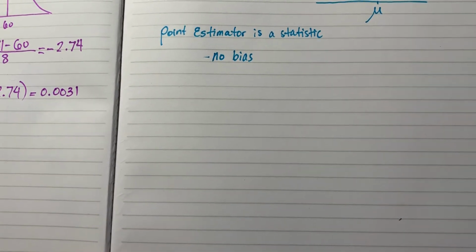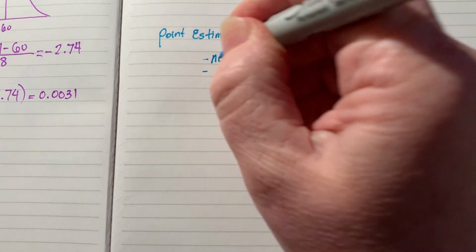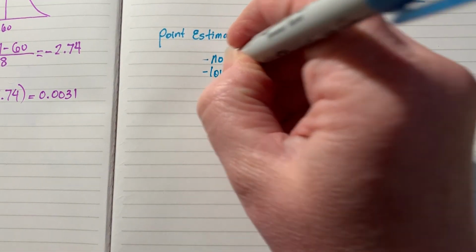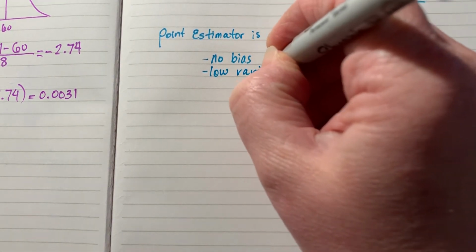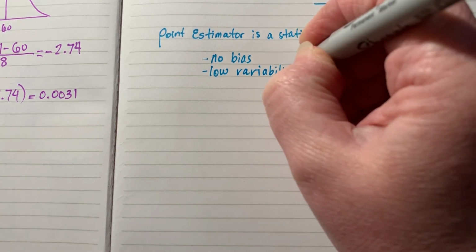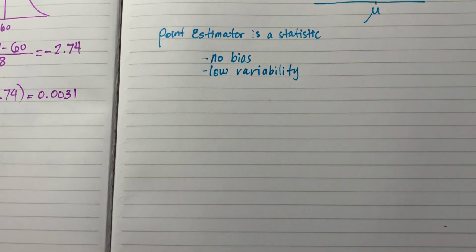Another thing that is important for us is that it's going to have low variability. And those are two very important things. The lower the variability, the better you are going to be estimating. And we obviously do not want any bias that is going to be swaying us away from predicting our population